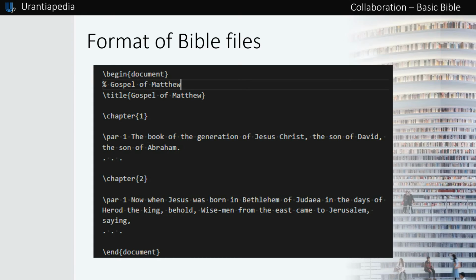For example, this is an excerpt from the Gospel of Matthew in English.